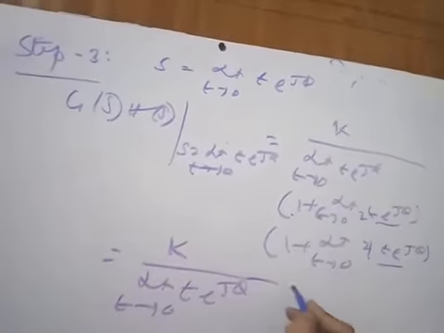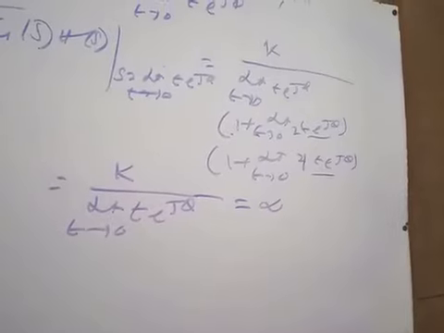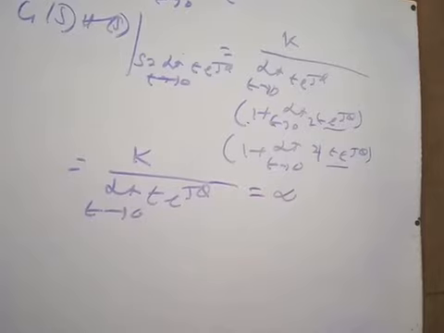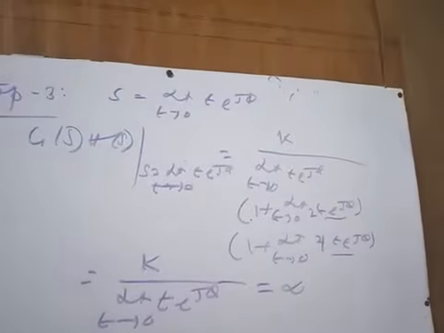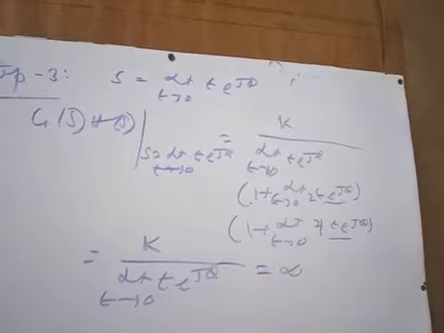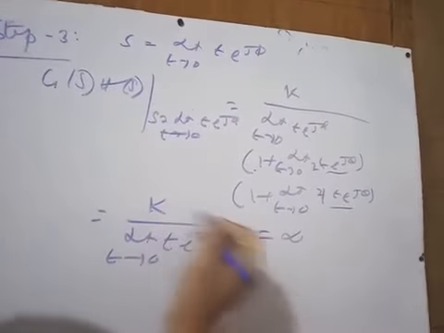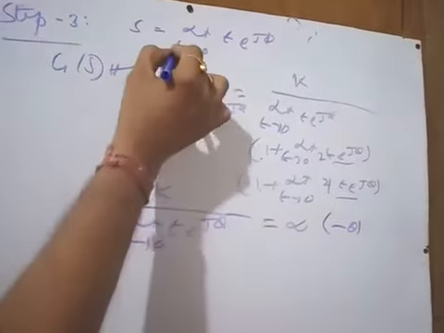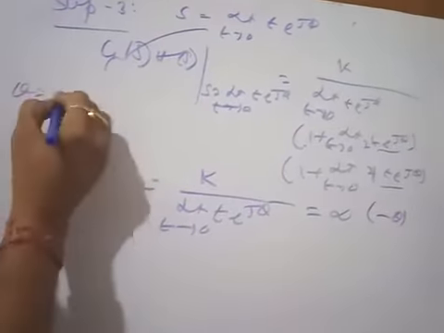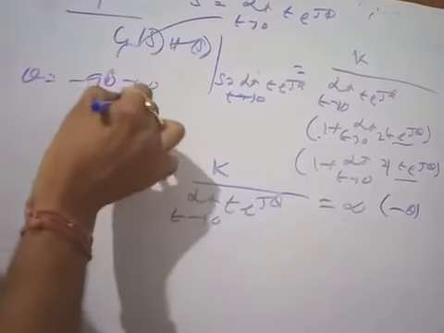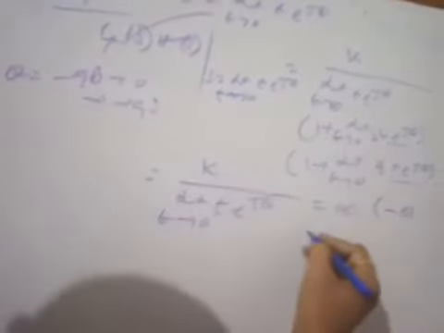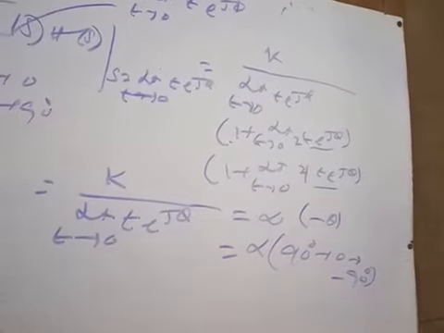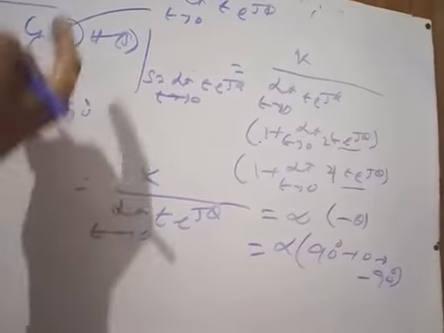So the magnitude will definitely be infinity. And as you know from the previous discussion, in every case of a type 1 system, when you put s equal to limit epsilon tends to 0, epsilon e to the power j theta, it will be infinite all the time. Now what about the phase? The phase is the same in this case, minus theta. So as this theta varies from minus 90 degrees to 0 to plus 90 degrees, this will be equal to infinity at plus 90 degrees to 0 to minus 90 degrees, right? So the magnitude and phase analysis is complete.